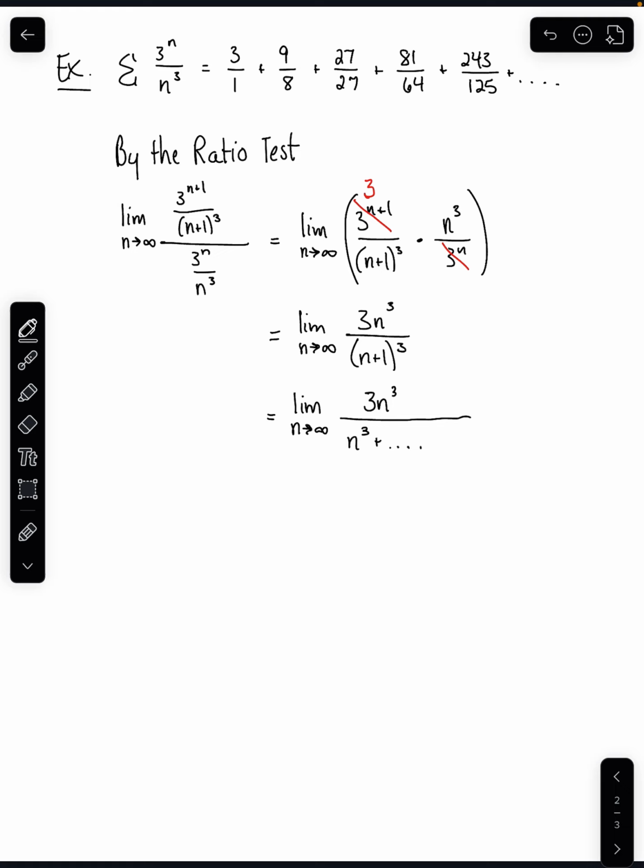And again, if we wish to go through all of the steps of L'Hopital's rule, or the Calculus 1 technique of multiplying the numerator and denominator by 1 over n cubed, in either case, we would see that eventually this comes down to be the ratio of the lead coefficients, because they have the same degree. This is bigger than 1. By the rules of the ratio test, this series diverges,